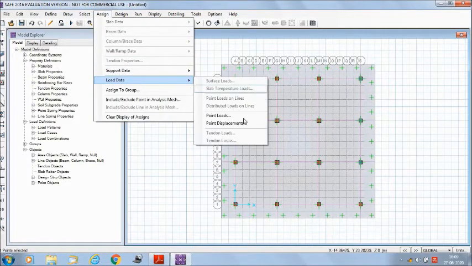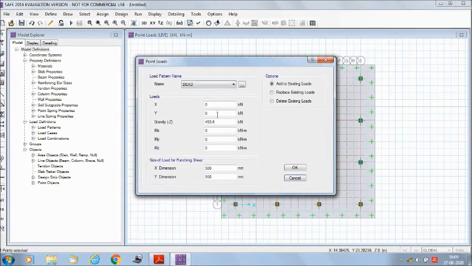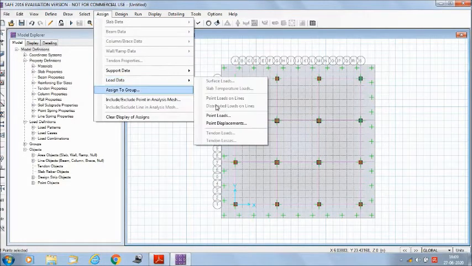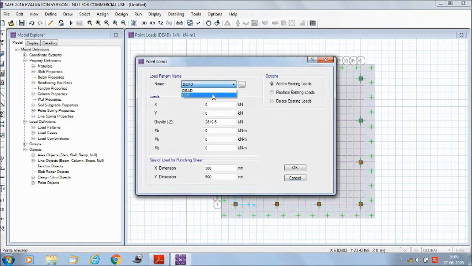For the next column, the dead load is 2819.5 kilonewton and the live load is 1302.7.